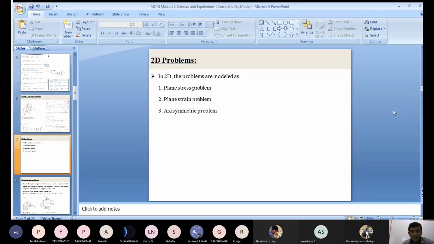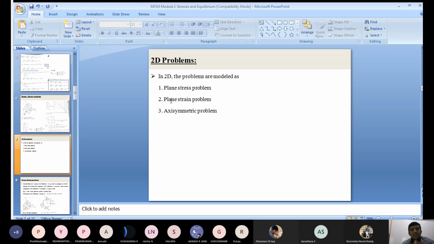Now after that we discussed that all aircraft structures, components and mechanical members are three-dimensional in nature, but we will take some advantage of the geometry. For example, if you consider a three-dimensional component whose thickness is very small compared to the other two dimensions, then the stresses induced in the z direction are 0. That is called a plane stress problem. Means it is a two-dimensional problem.